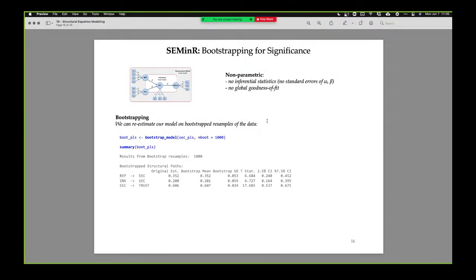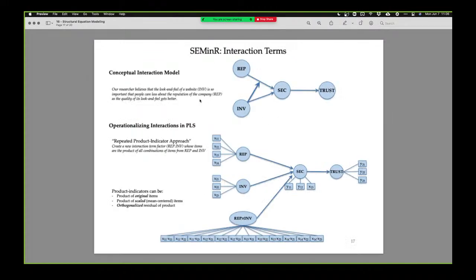Okay, so that's composite modeling. Anything else? Oh yes, a couple more things I wanted to explain to you. One was we can do interaction terms. Interaction terms in structural equation modeling are a little bit messy, but let me explain how it does it. It's exactly how you would think it would do it, but it's a real mess to